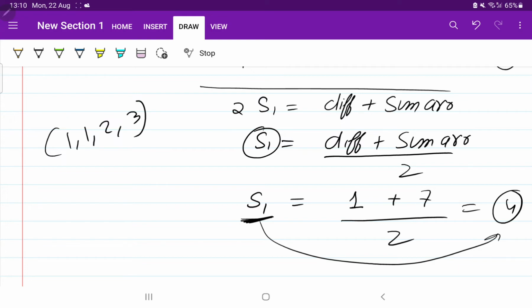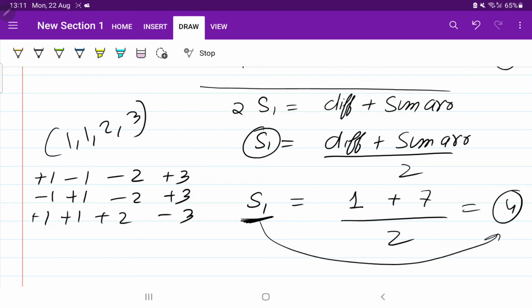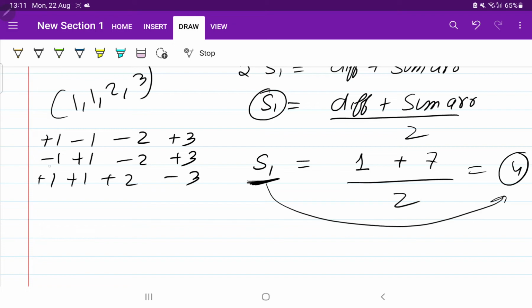Okay, so let us check. We have got the 3 examples, right? Plus 1, minus 2, plus 3. Another one was minus 1, plus 1, minus 2, plus 3. And one was 1 plus 1 plus 2 minus 3. If we are going to write the subset of the last one, what was the sum of the first subset? 1, 1, 2.